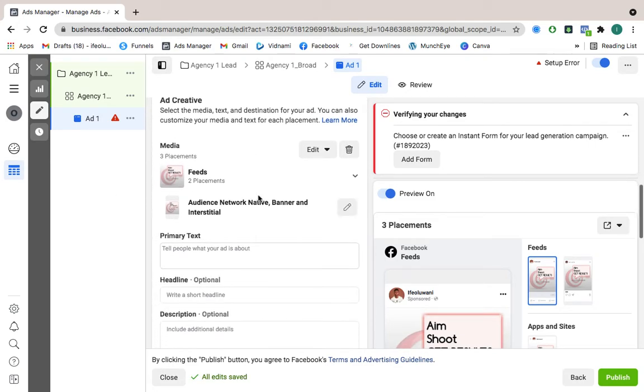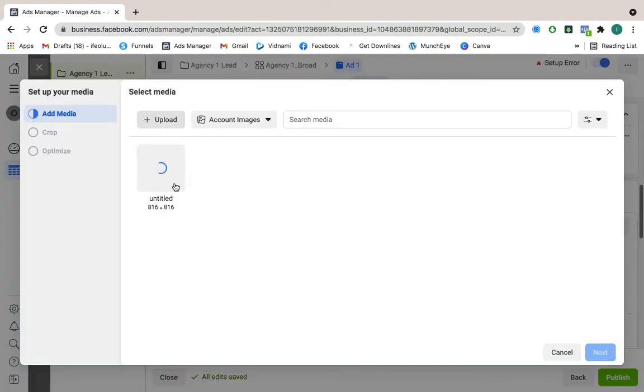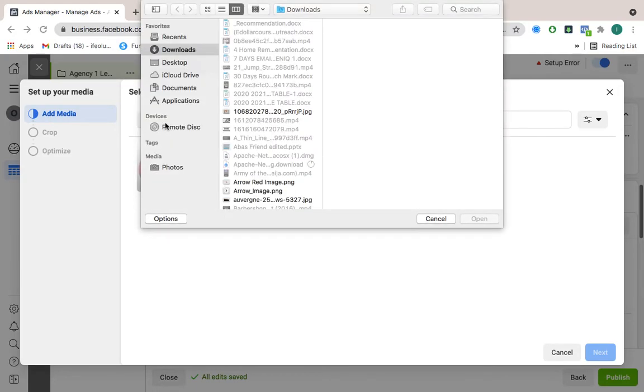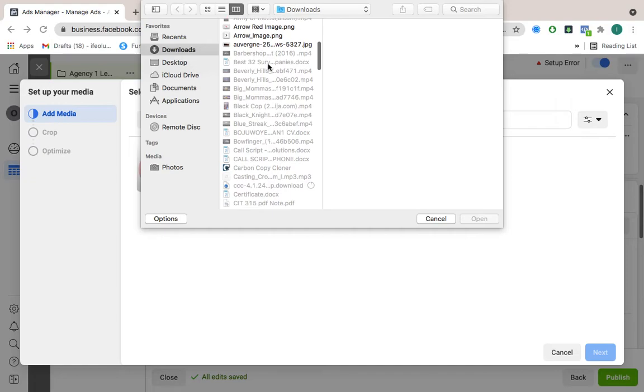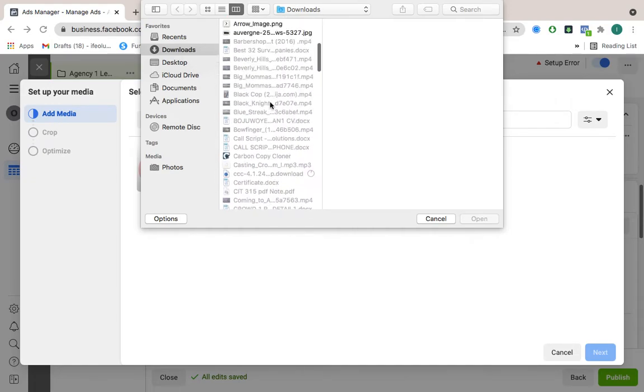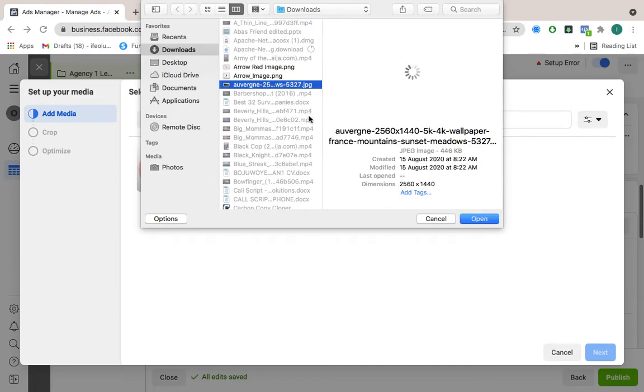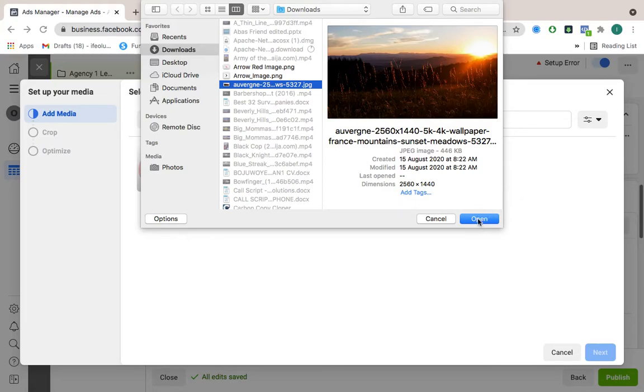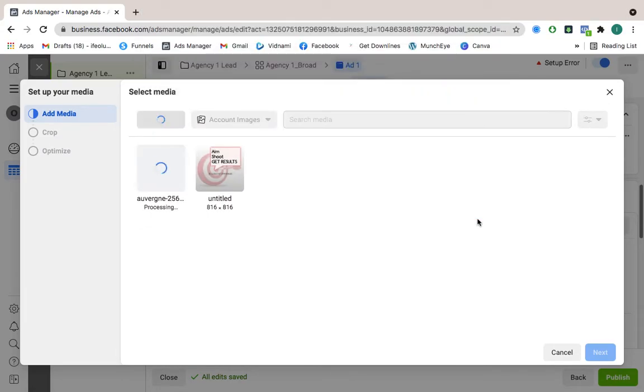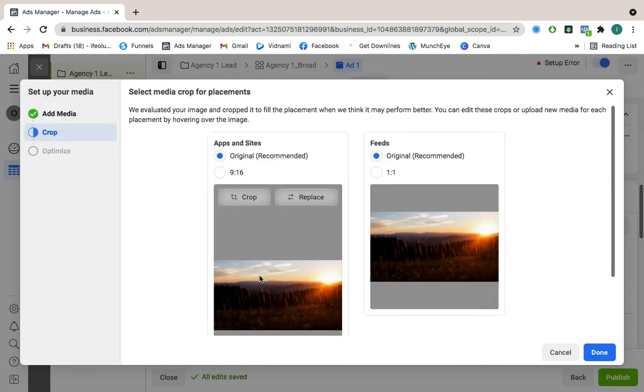We are using one image, and let's click on change media, and then let's click on upload because we don't have any media yet. So let's assume that this is what we are using. So we click on that, and then